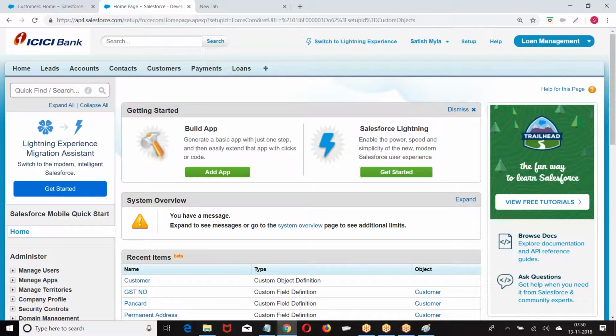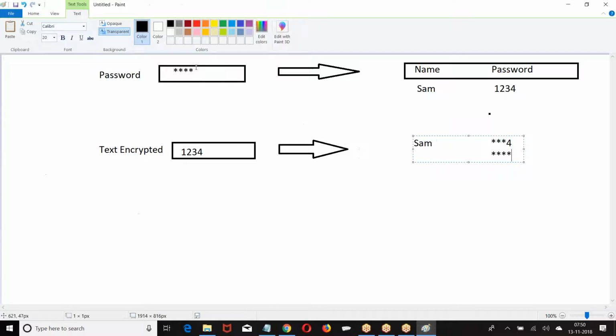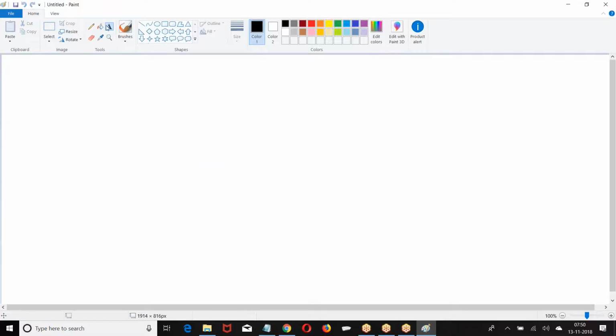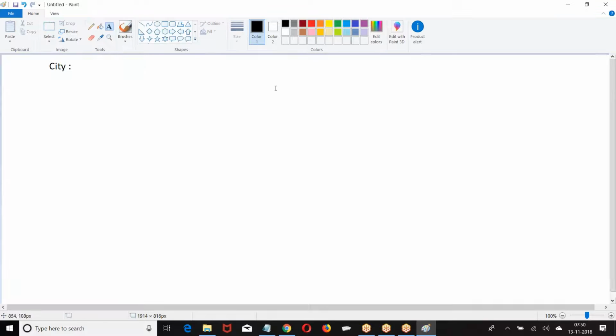Okay. Now, look at the next one. I want to create a pick list. Look at the point. When you say pick list, it's a drop down list.